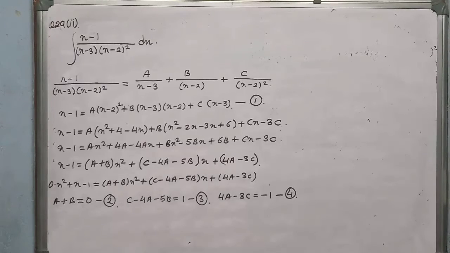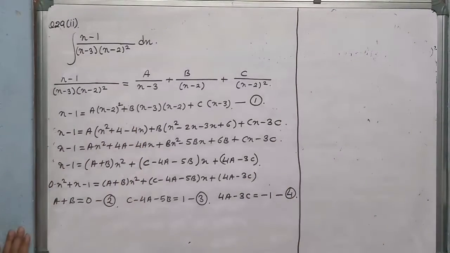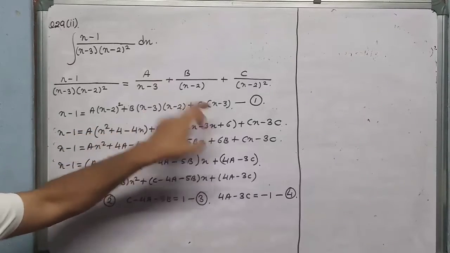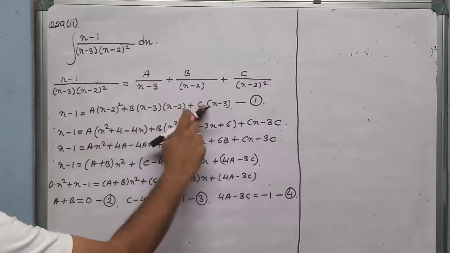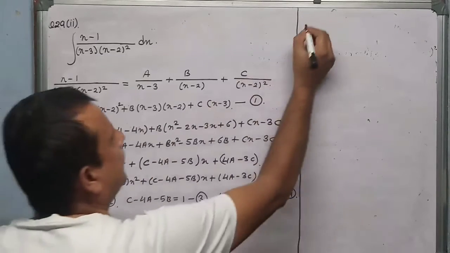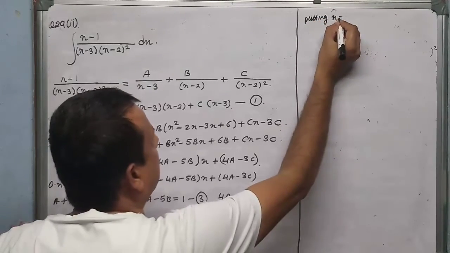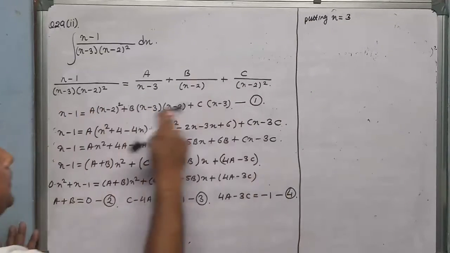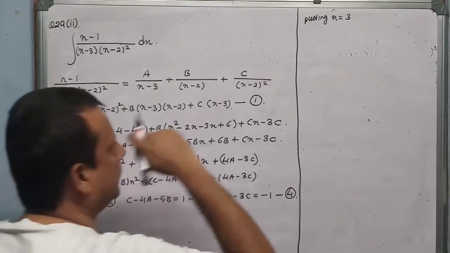But I'll use one shortcut method over here to calculate the value of a. You have to make b and c 0. So in b and c, x minus 3 is common. If I put x equals to 3 in equation 1, these two quantities will be 0, and easily we can calculate the value of a. Putting x equals to 3 in